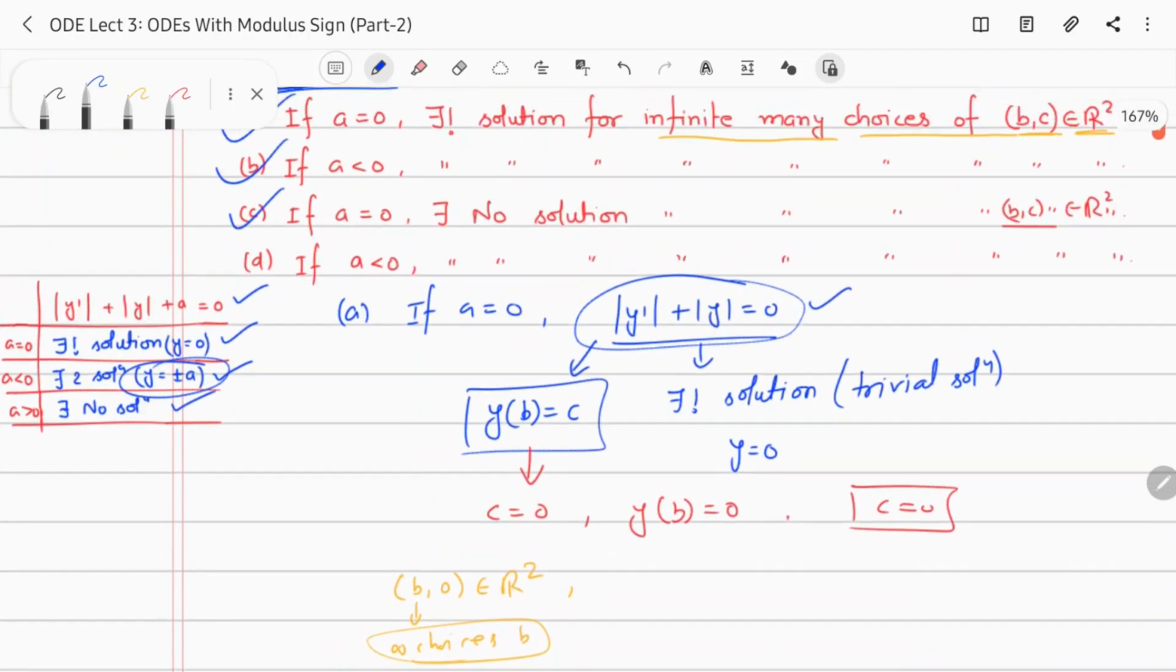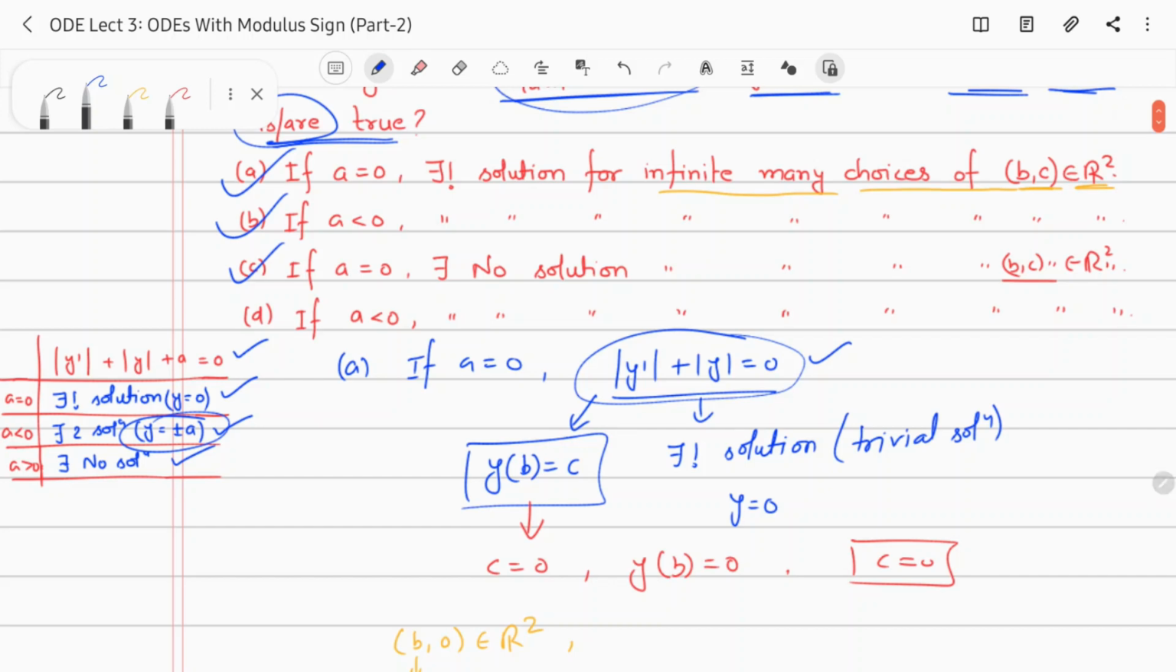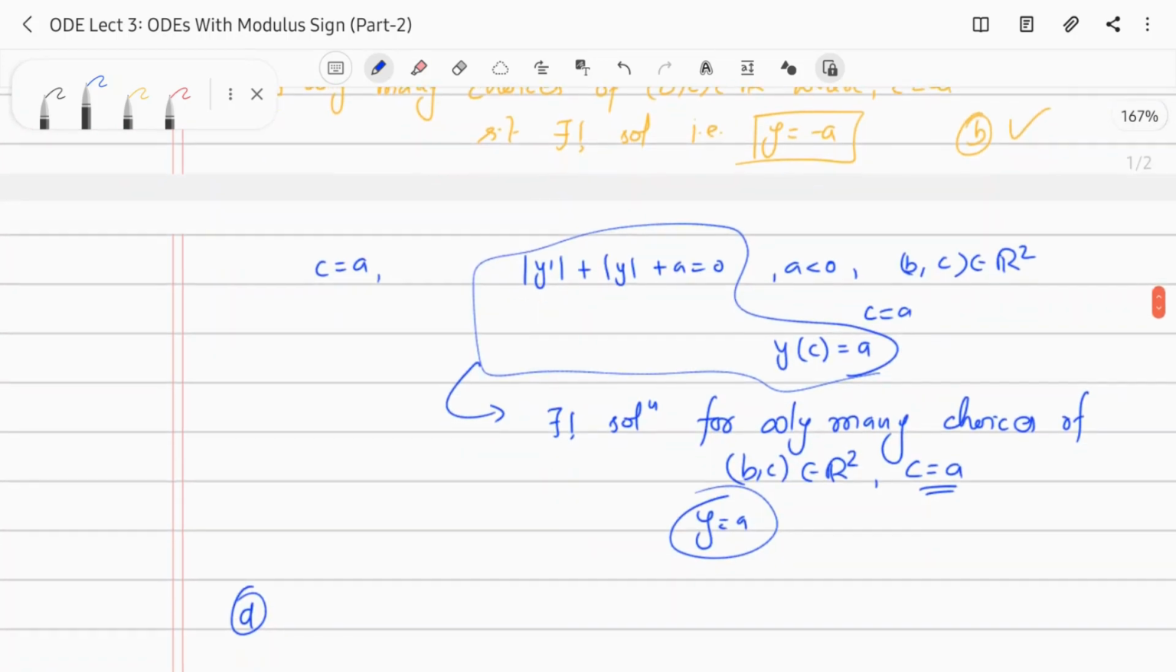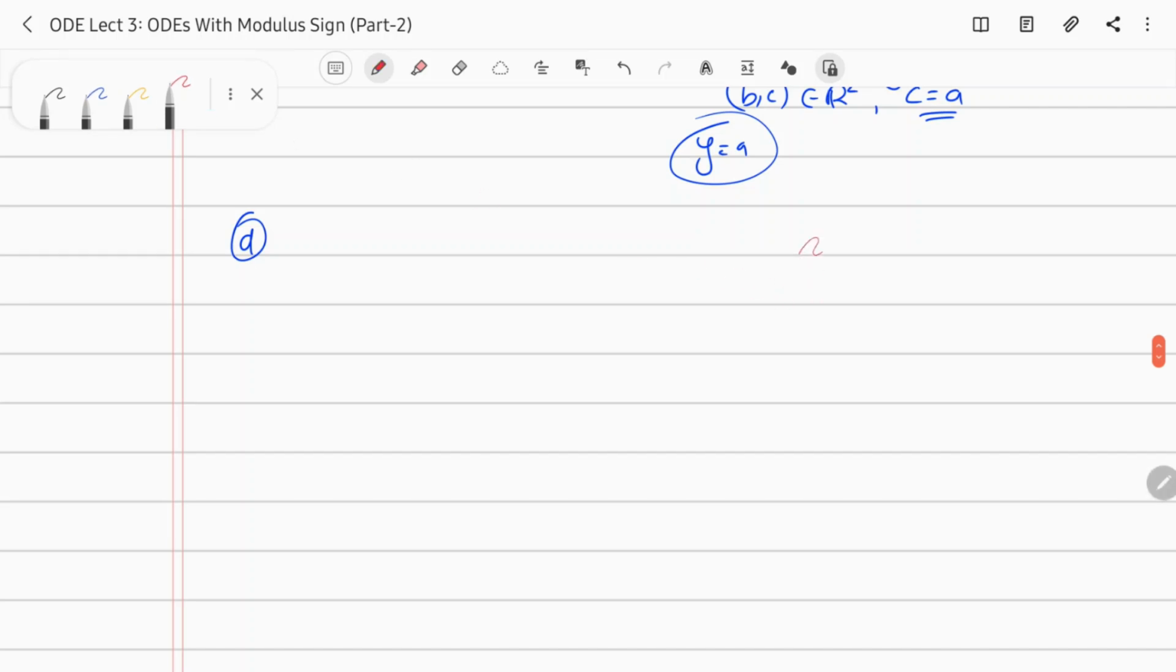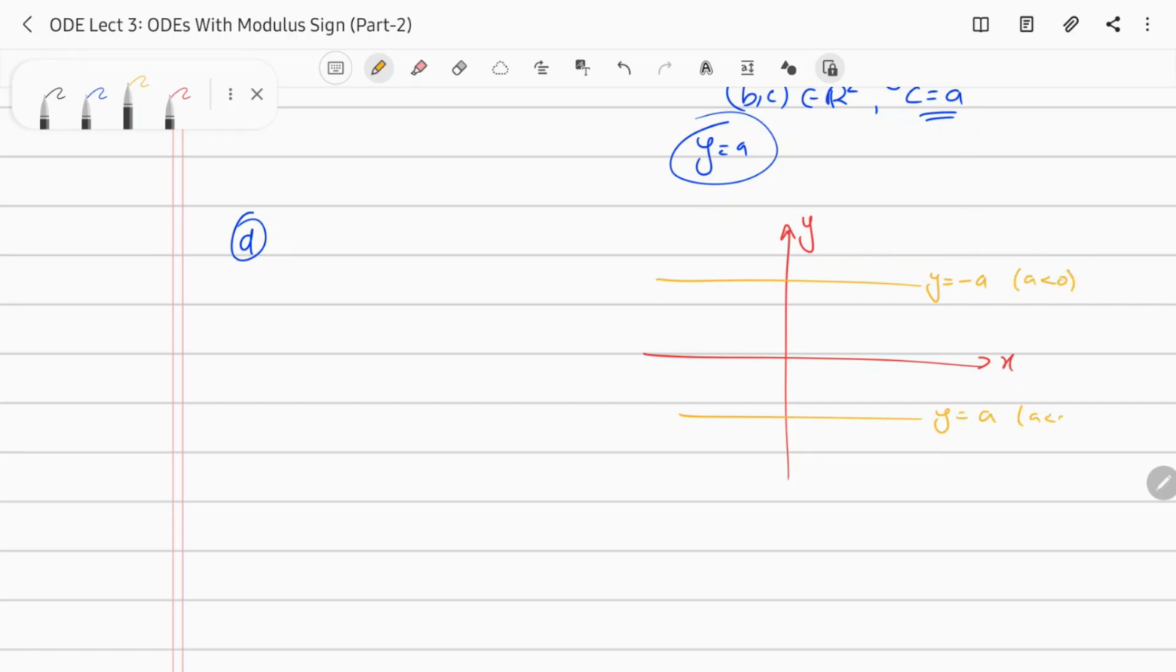Okay, so what does option D say? Option D says that if a is negative, then there exists no solution. Now again, if you see the graph, let me make it again. Okay, so this is x, this is y. If I plot the solutions, what we have seen, y equal to minus a and y equal to a, right? In the a less than 0 case, right? So if I take b comma c here, except c equal to plus minus a,